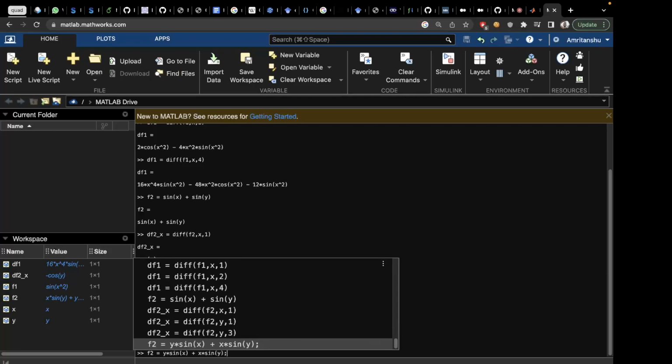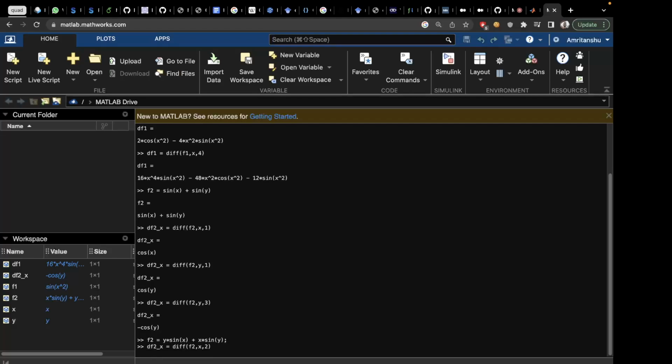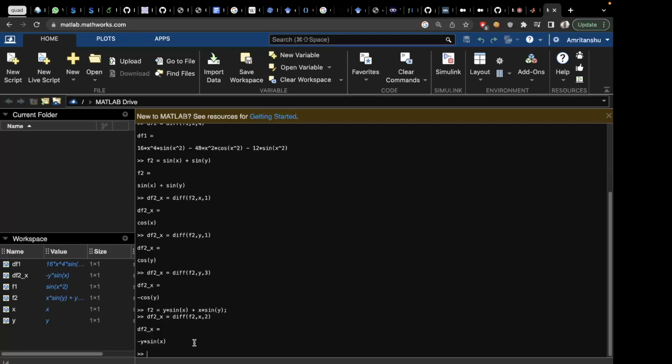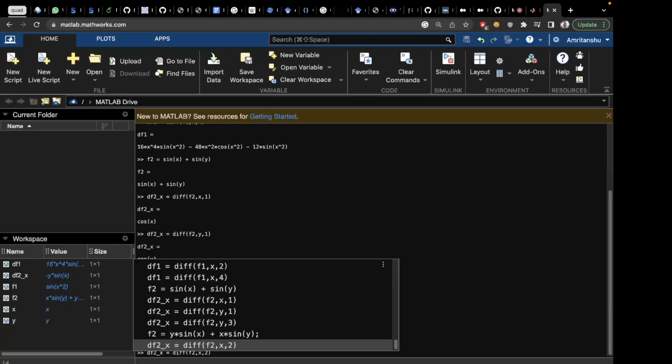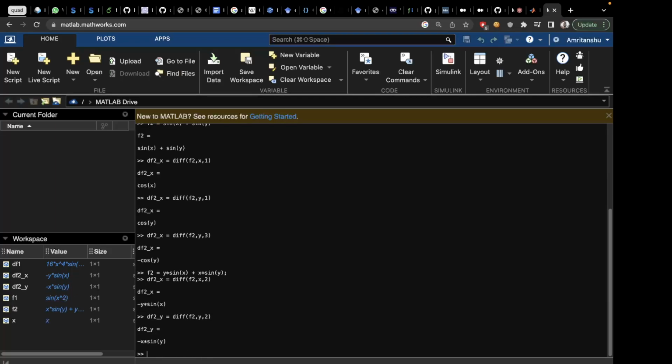And then, with respect to x, second order partial derivative. And similarly, if we want to do with respect to y, right, so a useful function to compute